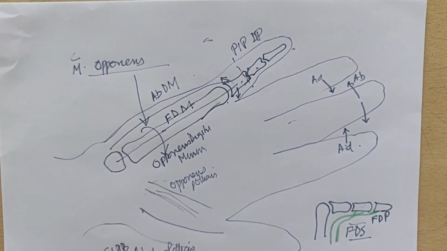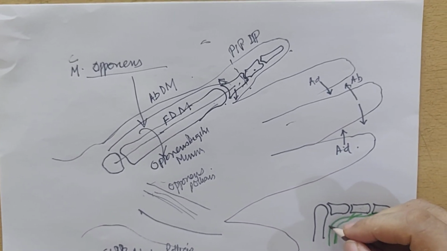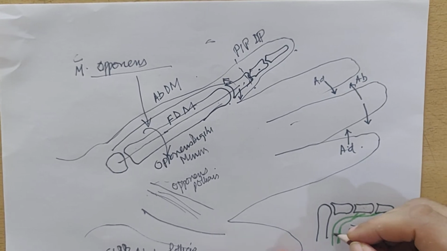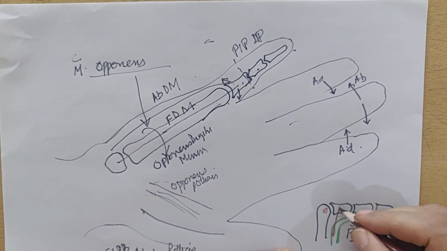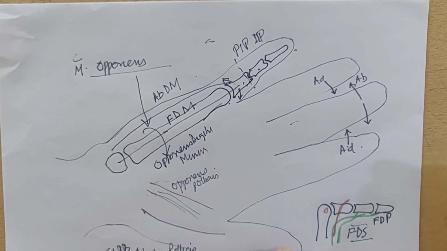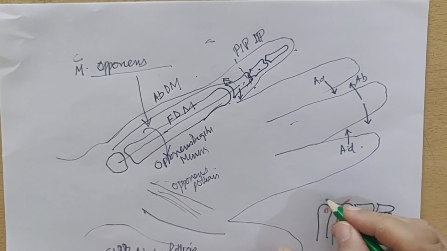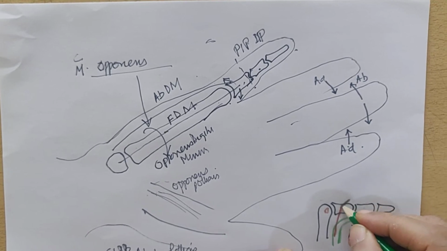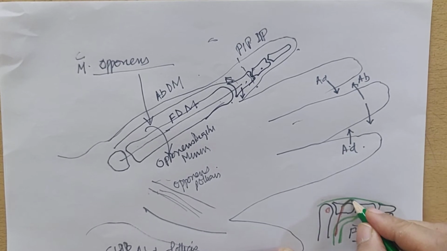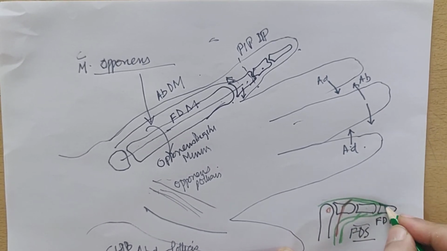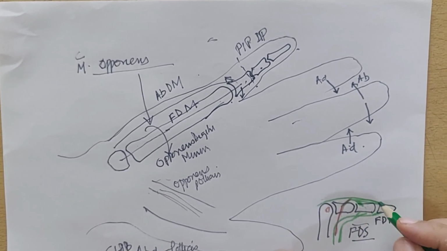Now there is a muscle which arises out of flexor digitorum profundus, crosses the MP joint anteriorly, so it flexes the MP joint, and when it goes behind, it gets inserted into the extensor expansion. So this is the extensor expansion, and this extensor expansion is inserted into the distal phalanx and also into the proximal phalanx.